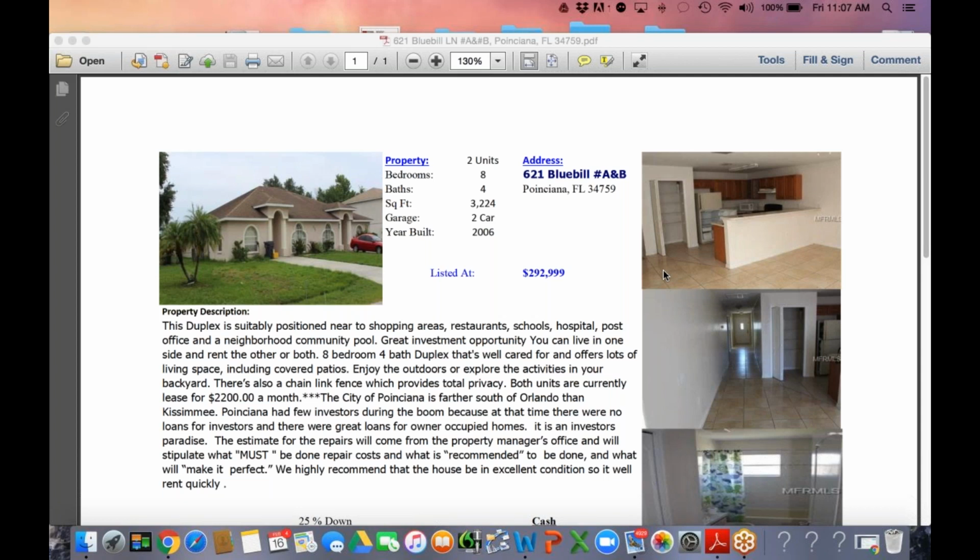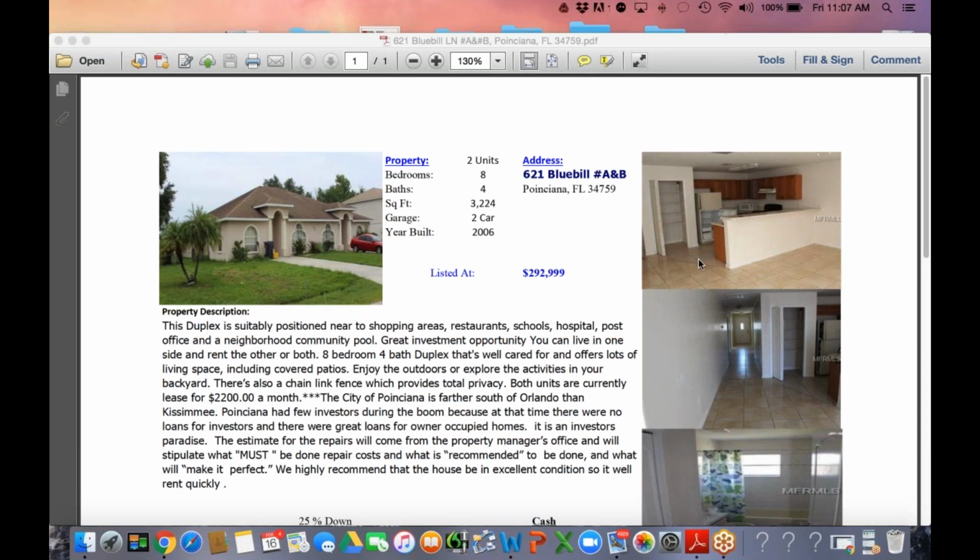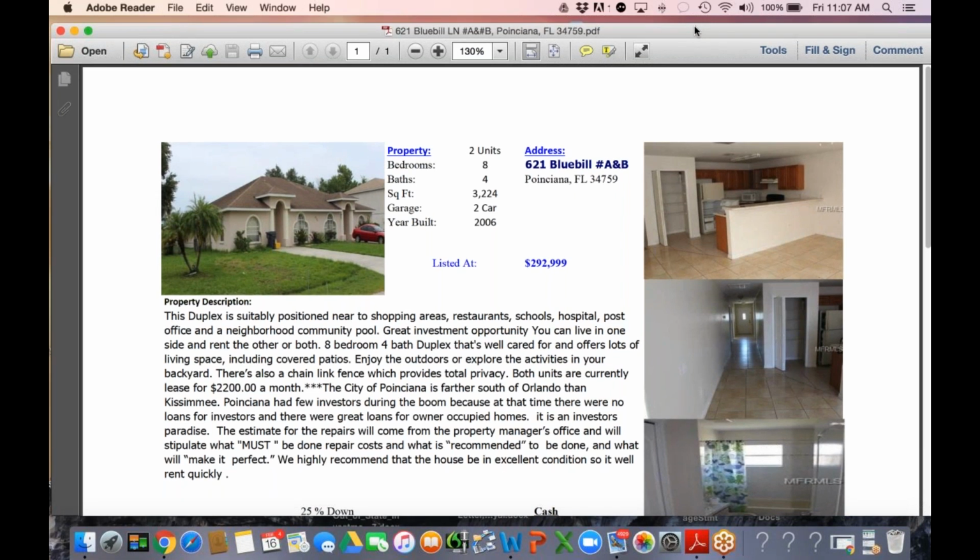So without further ado, I'd like to go over this particular property, which is at 621 Bluebell, Unit A and Unit B, Poinciana, Florida, 34759. This is a very desirable property, and as many of you know, in Central Florida, we have